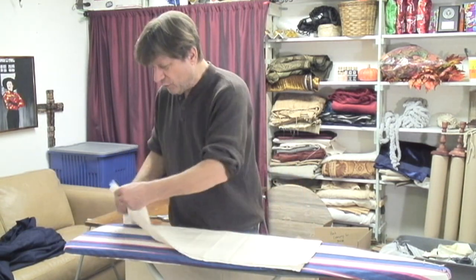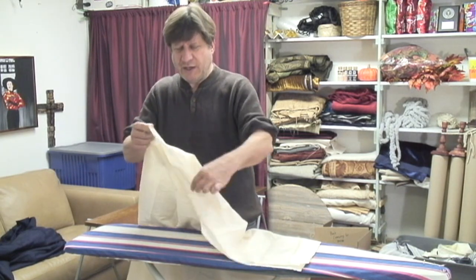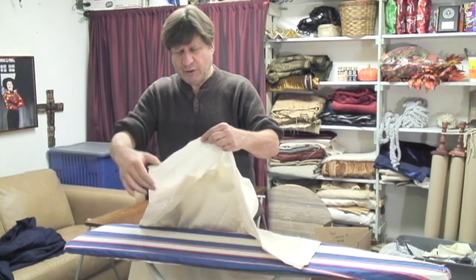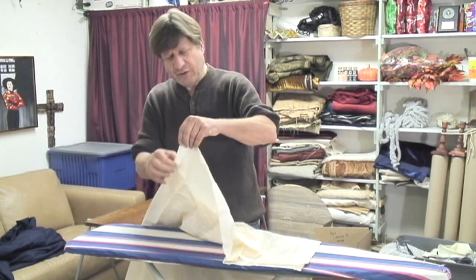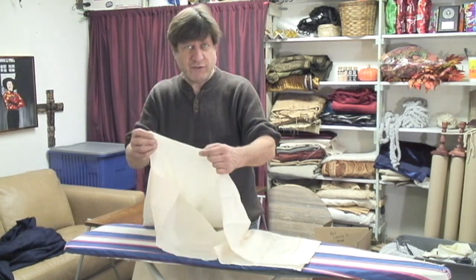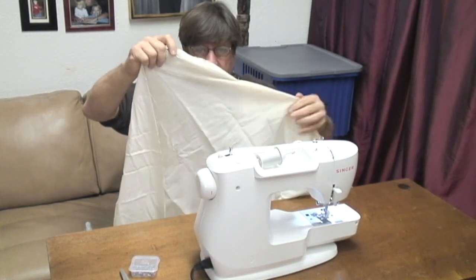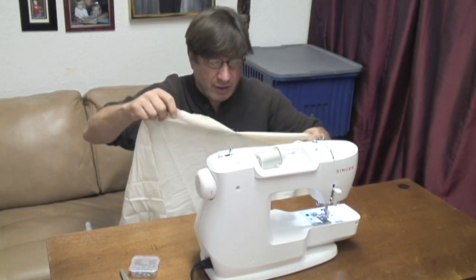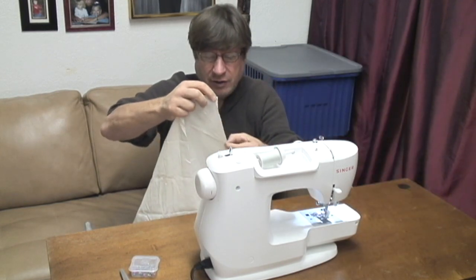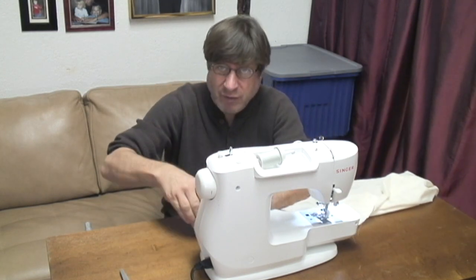So once you cut this down 5 inches, what we're going to do is we're going to sew a leading edge. We're going to go across 5 inches from here to here. We're going to sew this edge down 5 inches, we're going to sew this edge down 5 inches, and then we're going to go across 5 inches. Alright, as you can see, I've only got one piece of cloth here. I'm not sewing two things together. I'm just sewing a leading edge from here to here just to keep it from unraveling. And I only want to go about 5 inches